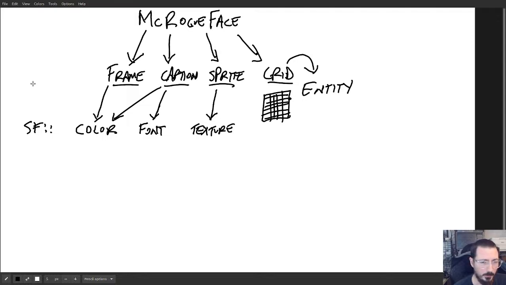The idea here is that an SF color is your RGBA. A font is a file that has to stay open, and so is a texture. So I would like people to be able to create those just by opening their files with a function in Python. And what I should also say is that